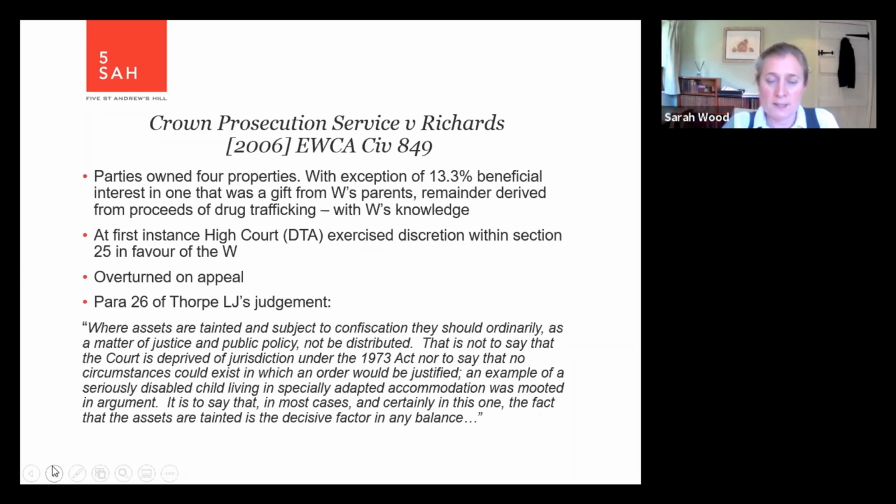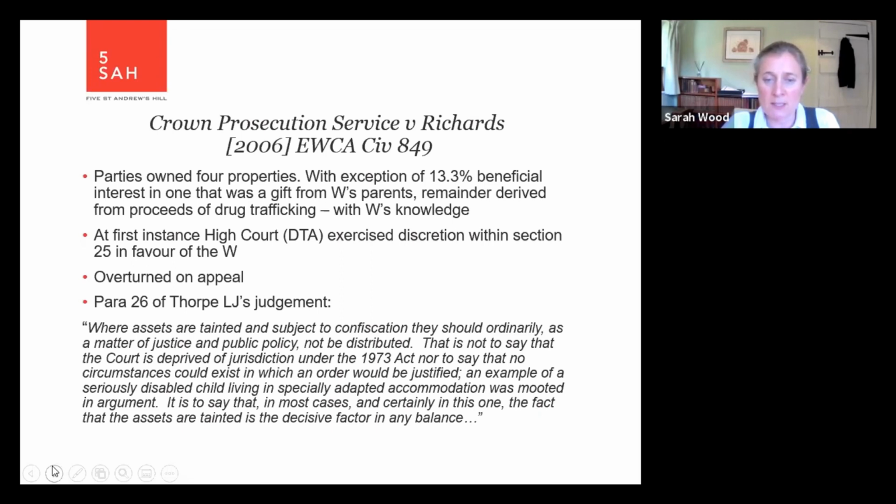At first instance, the High Court, again, it being under the old legislation, exercised its discretion within Section 25 and made an order in favour of the wife. That was then overturned on appeal. And I've set out there on the slide, which you will get in due course, paragraph 26 of the judgment, which makes it clear and stresses what had been established in the case of A, which is that where the